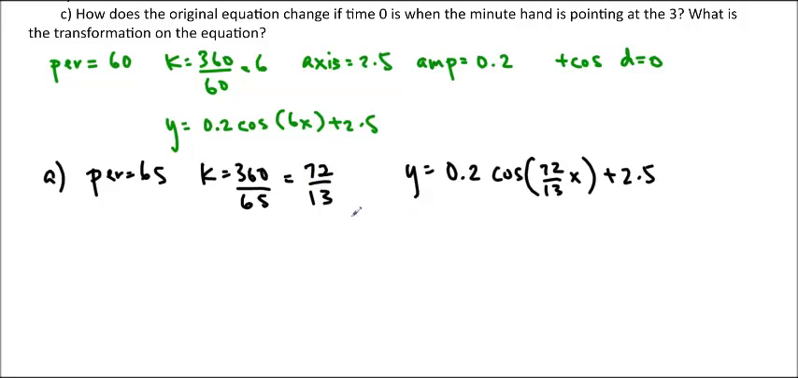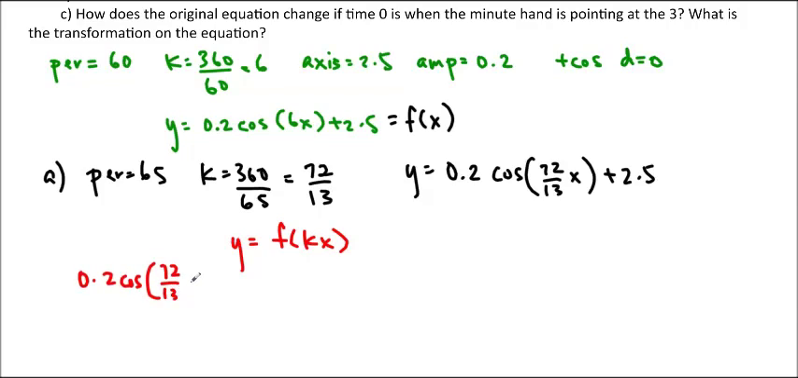Wrong. That is actually incorrect. The thing that's going to happen to our original equation is different, because we don't start with just x, we're actually starting with 6x, right? So if you think of this as the y, and you think of this as the f of x, then what we're doing is y equals f of kx, because the only thing we're doing is a horizontal compression. So if I fill this in as y, 0.2 cos 72 over 13x plus 2.5, and I use this